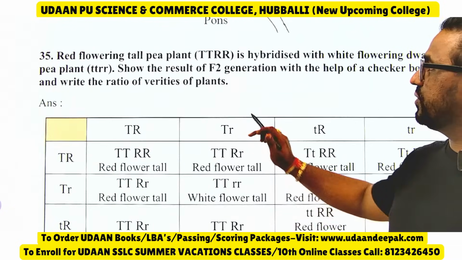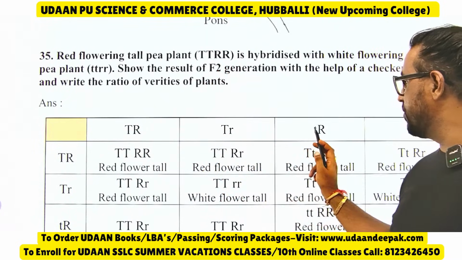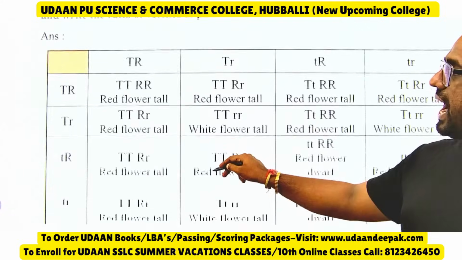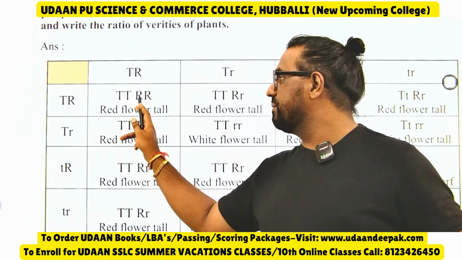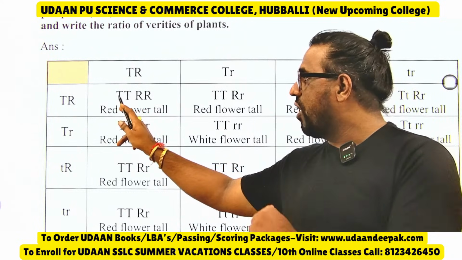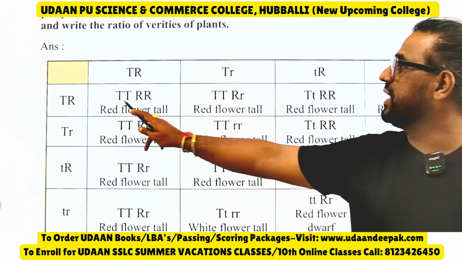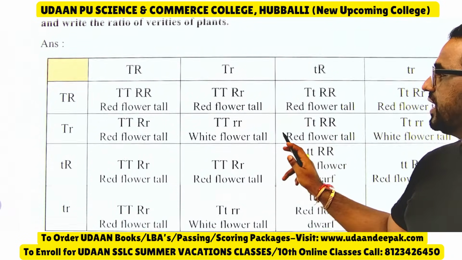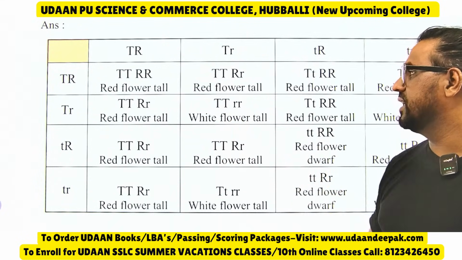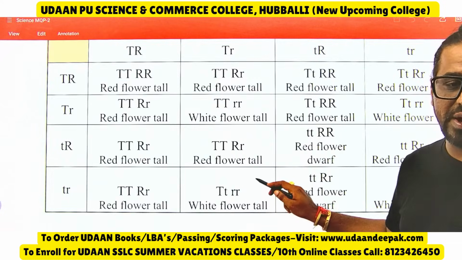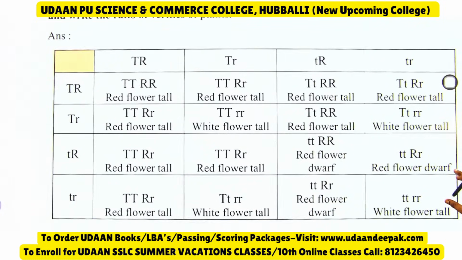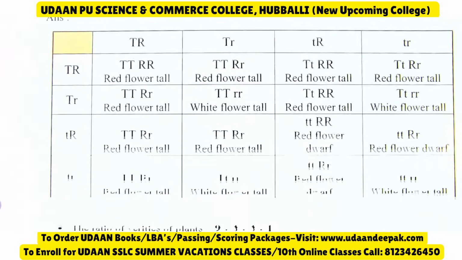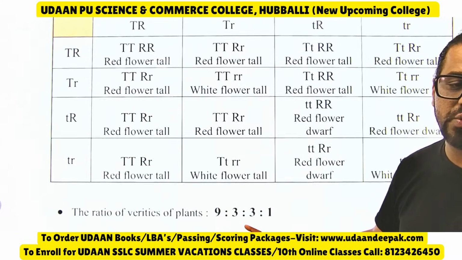So in the checkerboard, you write capital T small t, capital R small r, capital R small r, the same thing you repeat. And you see here capital T, capital T, capital R, red flower, tall. Because tall is dominant and red is dominant. Similarly here tall is dominant, red is white is recessive. So here white has come. If you see this table, you will be able to understand the answer. All 16 varieties you will get, and the phenotypic ratio you can see on the screen is